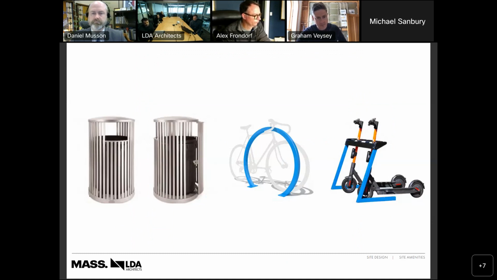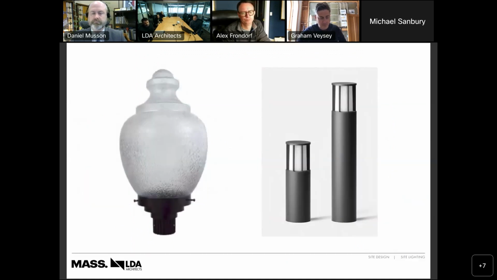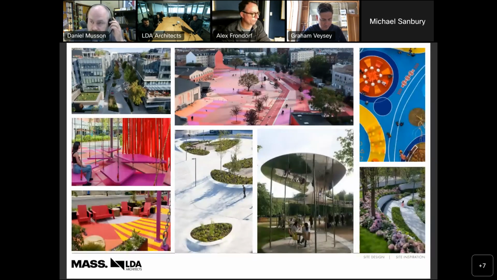Next slide, please. To the left is the acorn light fixture that is used along Detroit Avenue and throughout the city of Cleveland. And then to the right is our light up bollards that are along the walking paths and the hotel drop off on the site as well. Next slide. These are just some pictures of our design inspiration and our concept for the site plan, the colors and landscaping, the activity programming throughout the site. Next slide, please.